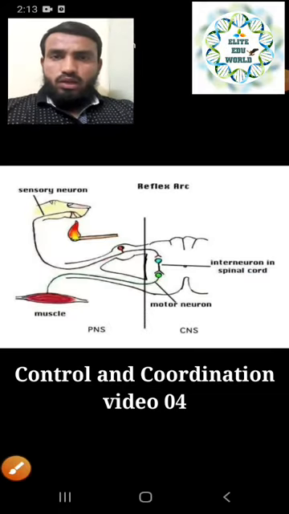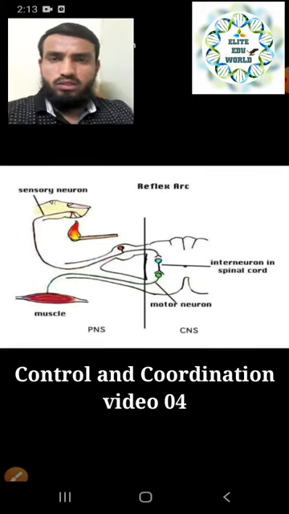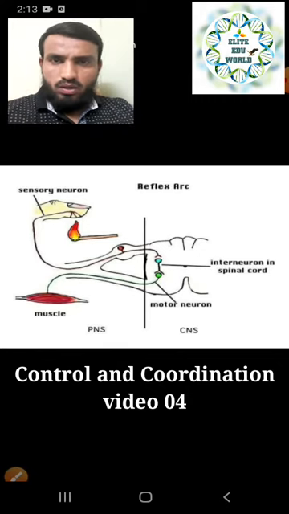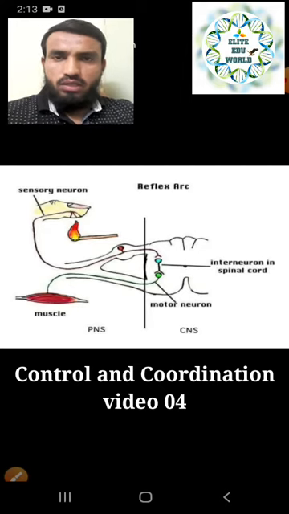Once again, welcome to this session. This is going to be the fourth session of this chapter, that is control and coordination. In the previous session we reached up to this slide, which shows more detail about the reflex action or reflex arc, and in the previous chapter or session we have already seen what the peripheral nervous